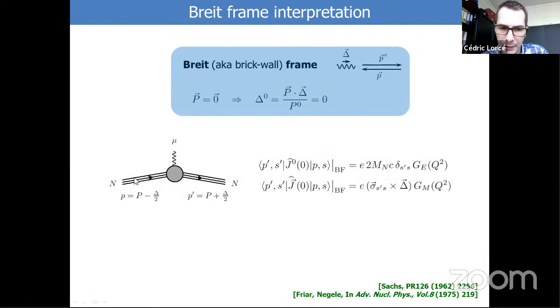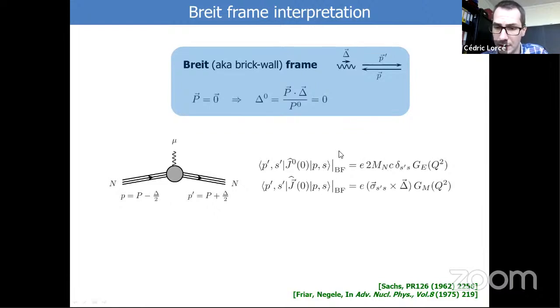So if you look at the lower part of the diagram where you're at the interaction of the electromagnetic field with the nucleon, with the initial state and the final state over here, we can look at the matrix element of the operator that connects the nucleon with the external electromagnetic field. That operator is nothing else than the charge operator. So you have the charge density operator that we call J0. This is also part of a 4-vector, but okay, this is the charge density operator, and this is the charge current operator.